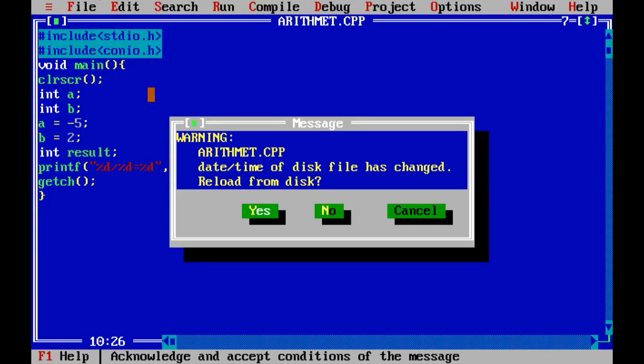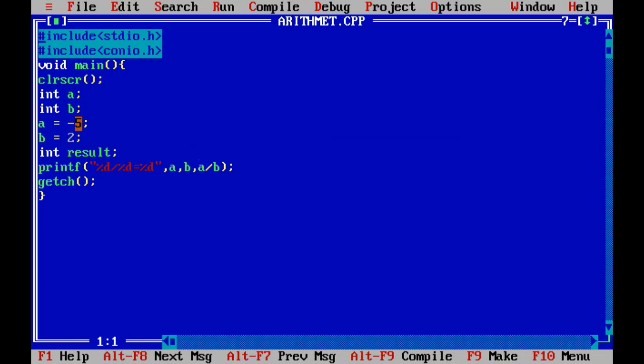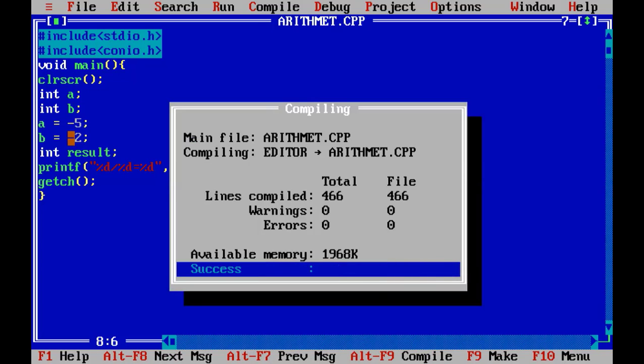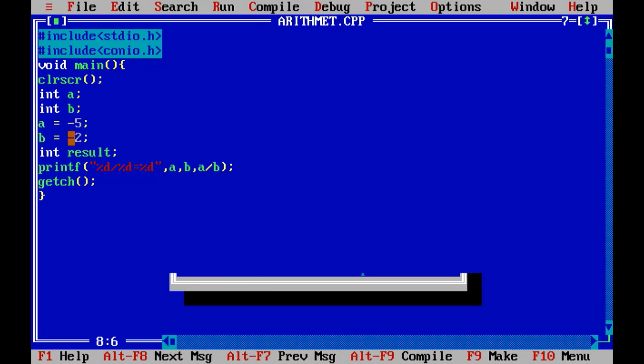Now let's take one more example. Let's make both numerator and denominator negative value. Then what will happen? Here our numerator is minus 5, denominator is minus 2. Now our answer has to be positive. Let's check. Let's save the code, compile the code, and execute the code. Here we go.